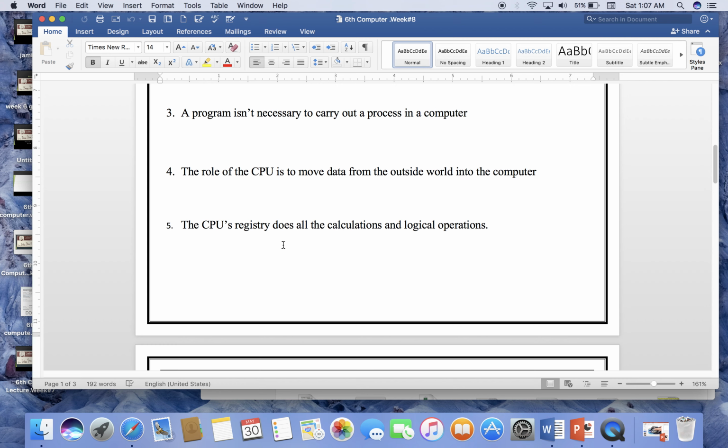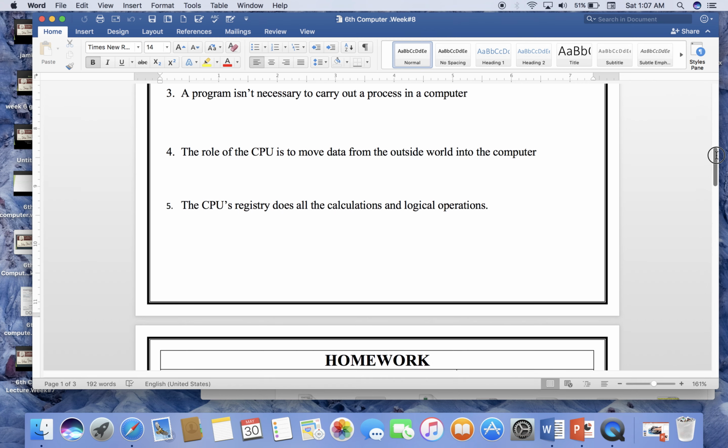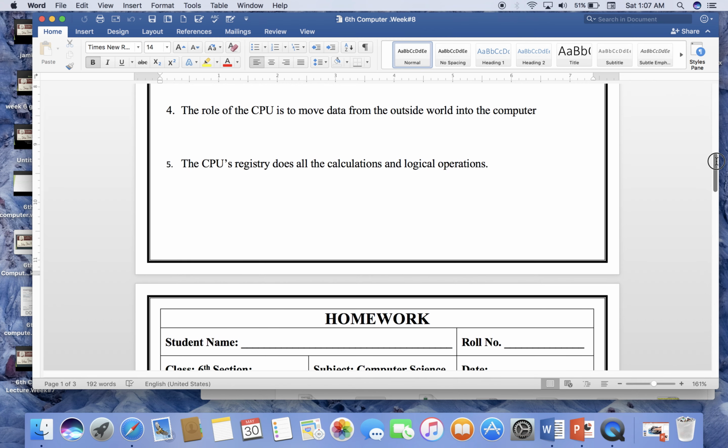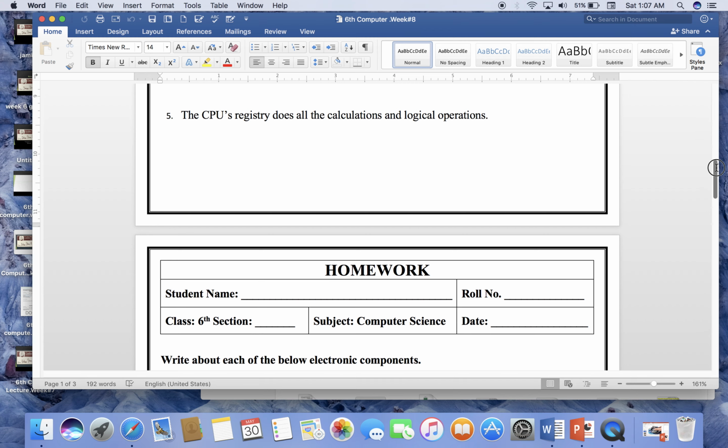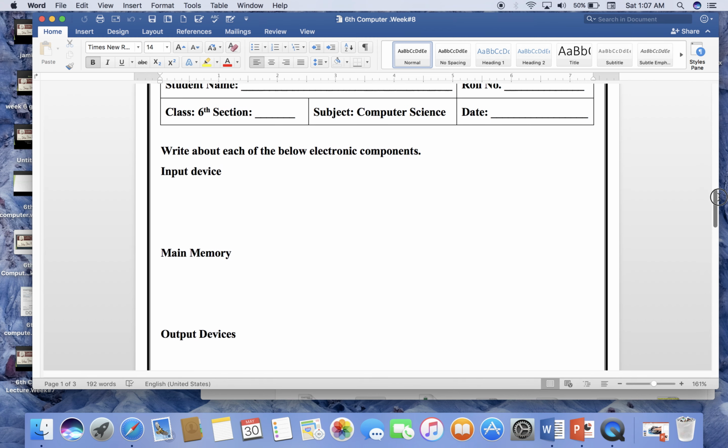I can give you a hint: it is a small fast memory which stores the rest of them. You can write yourself. Calculation and logical operations are the responsibility of the ALU part of the CPU.